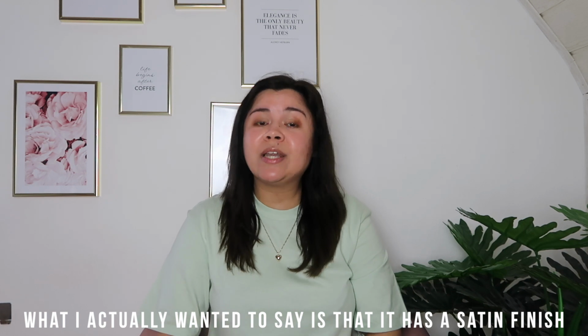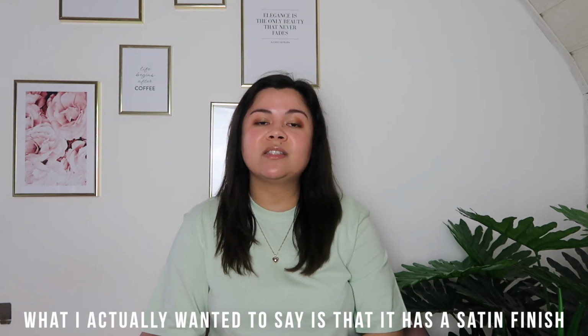free. And now let's talk about my experiences, like with finish, coverage, longevity, and what I think overall. Let's start with the finish. A lot of people said this has a dewy kind of finish, but I guess because of my dry skin it doesn't really have that effect. For me it's like a semi-matte finish, and what I did notice is that on some parts of my skin